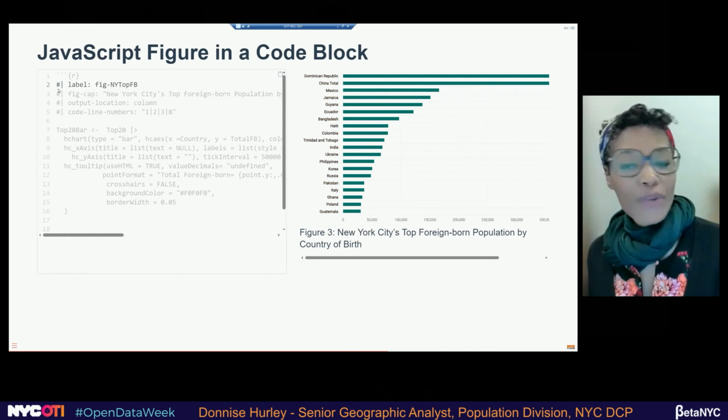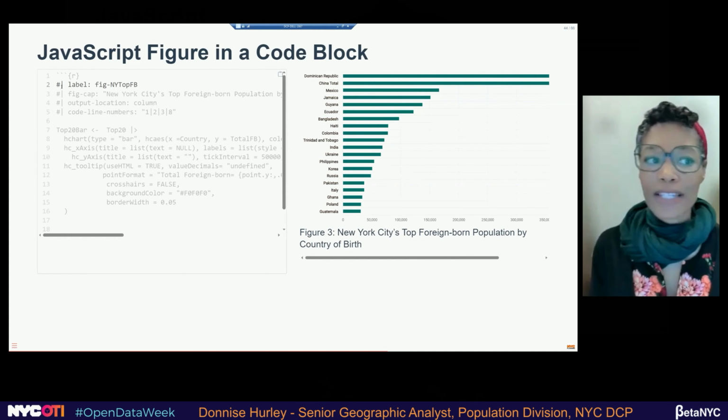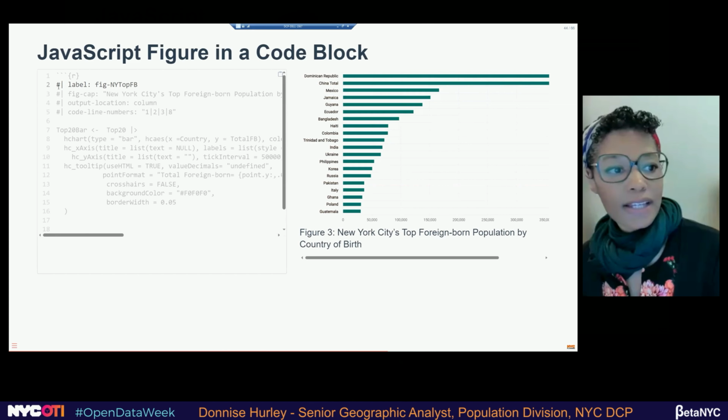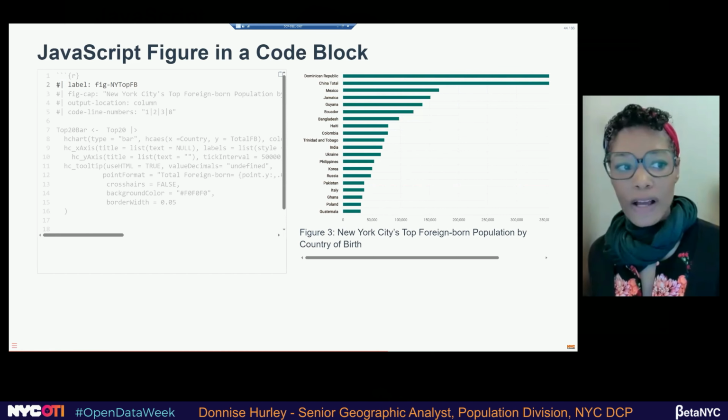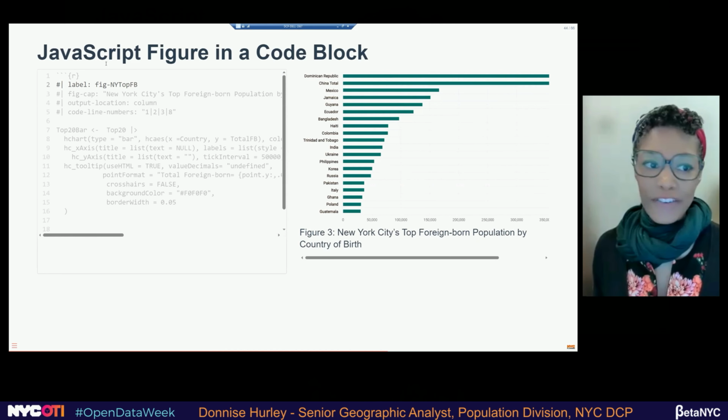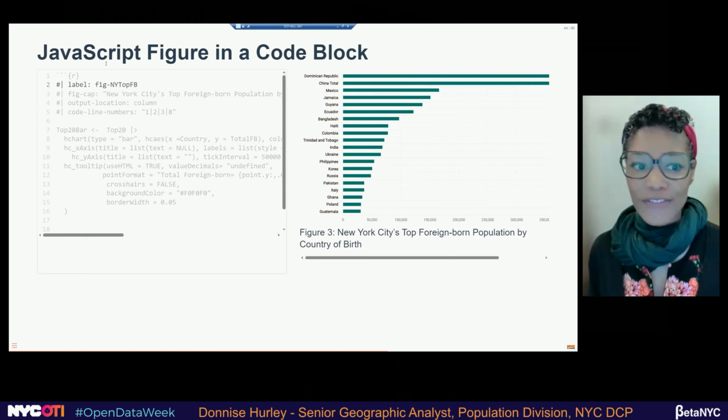And then with the figure, going back to the previous example when we were talking about cross-referencing, this is the label. So if you're making a label inside of a code block, then you use the hash pipe. You don't have to put a hash in front of fig. You just use the hash pipe here. So this is my label. And they have to be unique in the document. You'll get an error message if you try to have 2 figures with the same name.